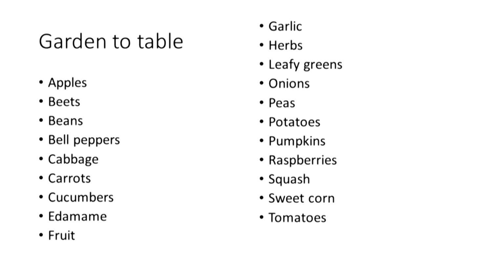Okay, what we're going to talk about today is garden to table. This is the kind of stuff that you can just take right out of the garden, put right on the table, and you're good to go. No processing. Now, Teresa's a canner, and I'm sure there are other people in this room that can and process food on a regular basis. So you probably have excellent recipes that I don't know about, because I'm not a good cook. So by all means, chime in. But we're going to talk about